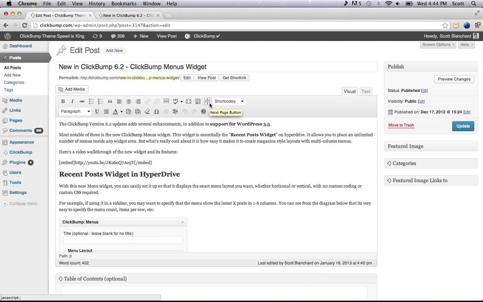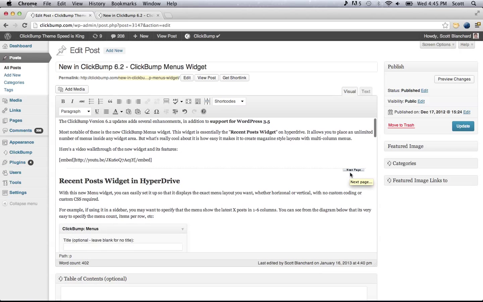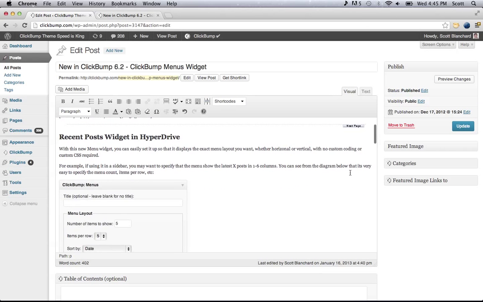Before, the default WordPress, for whatever reason, doesn't give you an easy way to add page breaks into your content. So I've added this little button here. All you have to do is click your cursor into the point where you want to insert the page break, and then click that button, and you can see it adds a little next page page break symbol to show you where the page is going to